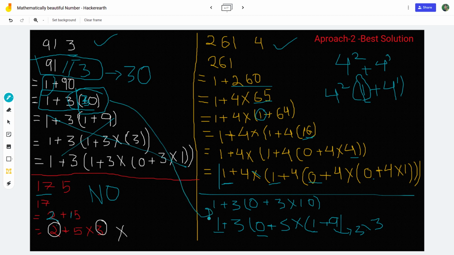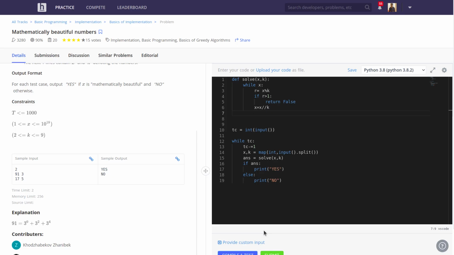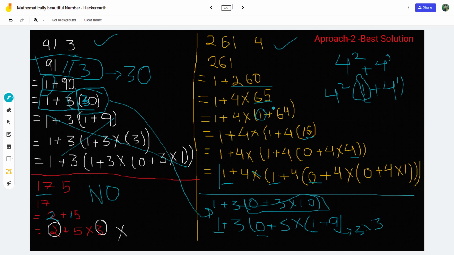For 30, the next remainder will be 0, so it will not return. It will go to the x by k value, converting x from 91 to 30, 30 to 10, and then it will get remainder as 1. Then it will convert it to 3, so it will go something like this.